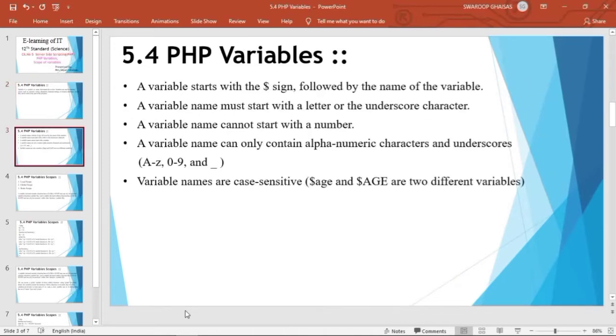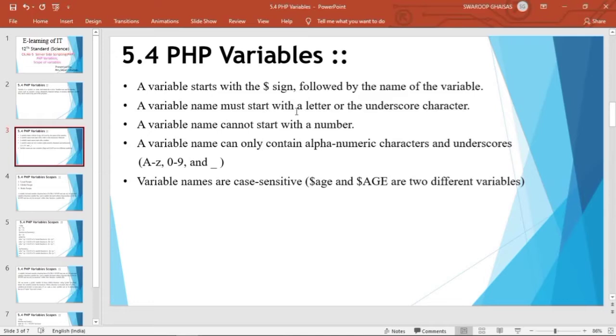There are certain rules to declare a variable. In PHP, a variable starts with a dollar sign. With this symbol every variable starts, followed by the name of the variable. That is, if we want to declare a variable B, then it is declared as $B. A variable name must start with a letter or underscore character.